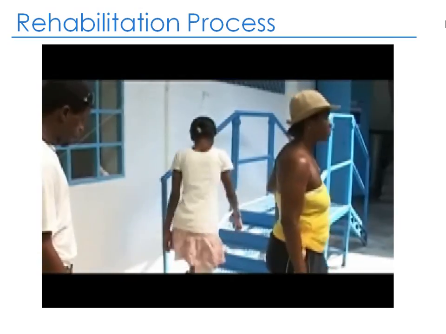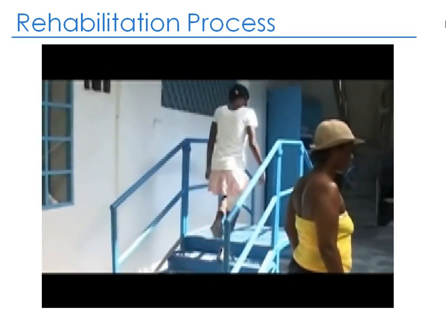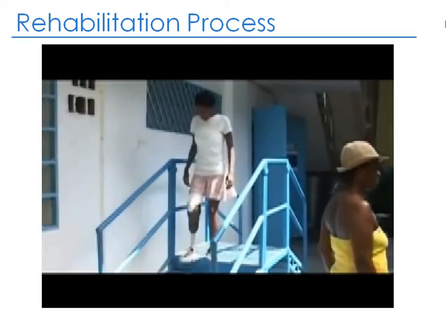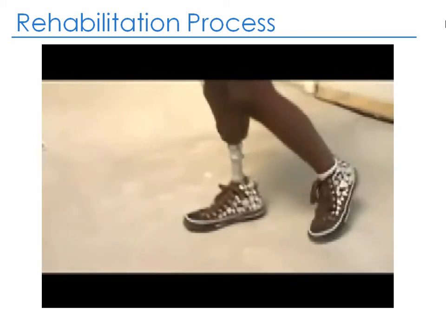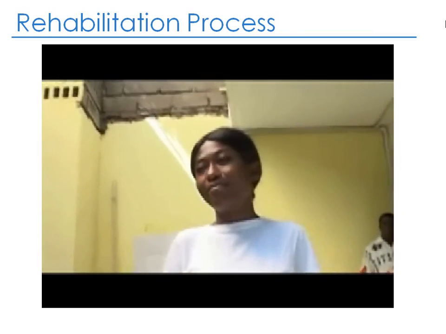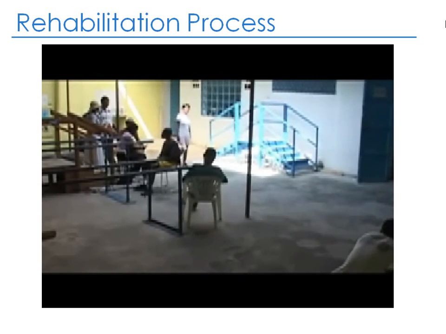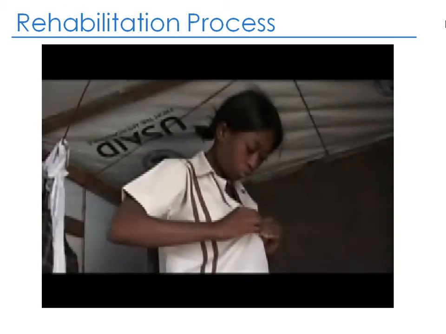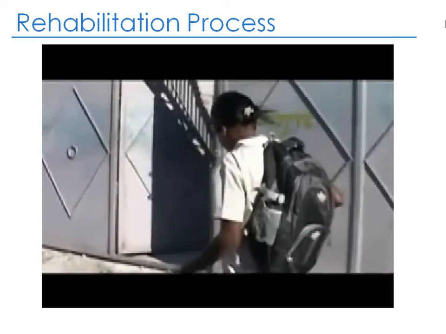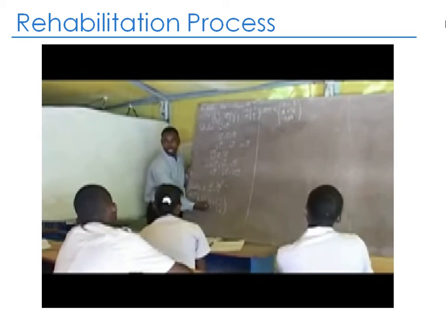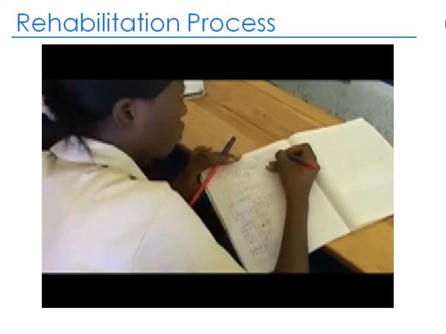And this one just shows quickly what a permanent prosthesis looks like. It's quite different. These are more difficult to make, but they are much better. We can see that this young lady works pretty well with her prosthesis. Then returning home, returning to school actually. We can see that it's still quite difficult to get access to the environment, but she went back to school. So we started right after the surgery and accompanied this young woman until she went back home.